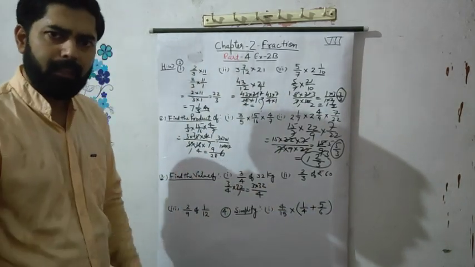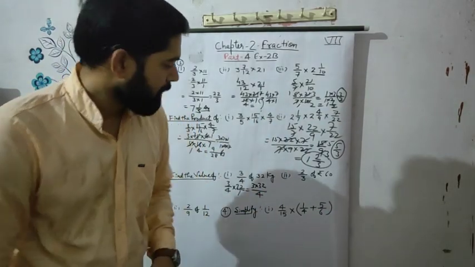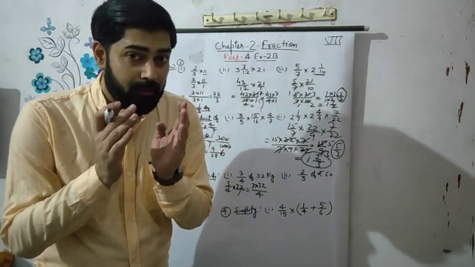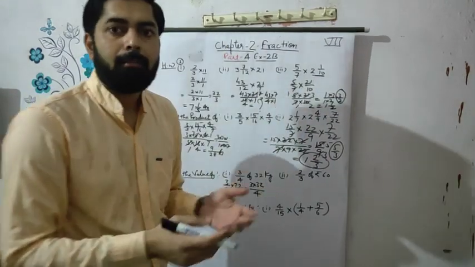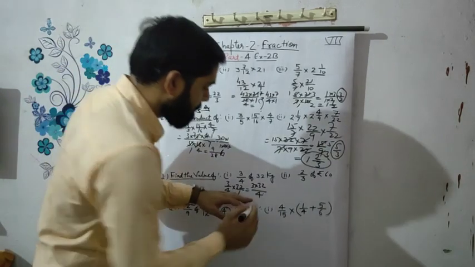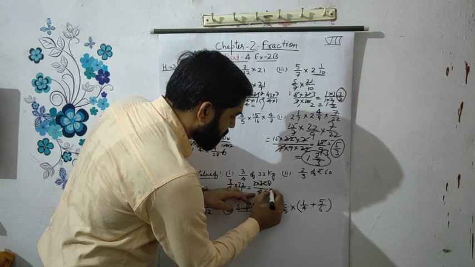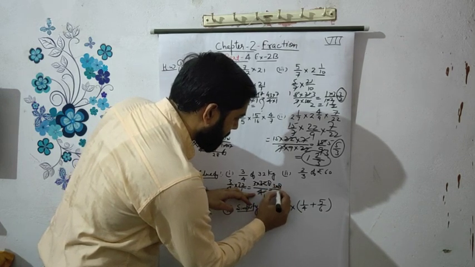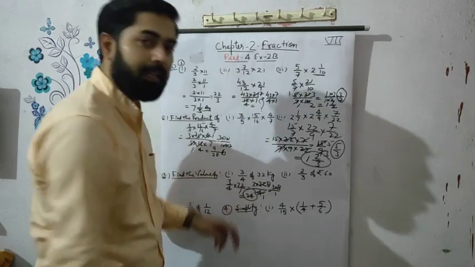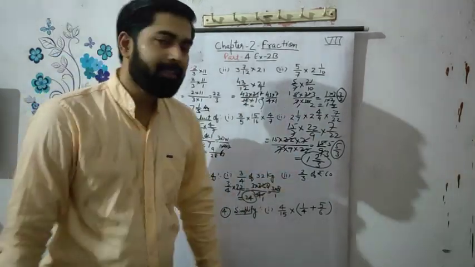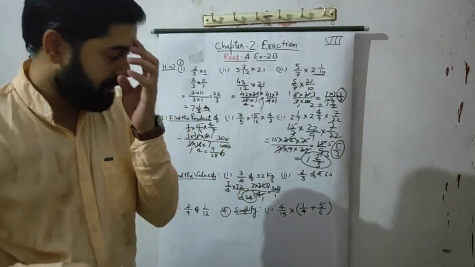Okay. Then 32 and 4 are divisible. Yes. 32 and 4 are divisible by which number? By, yes, 4. Good. Then 4 1s are 4, 4 8s are 32. So what's left here? 3 multiplied by 8 upon 1. We can write 24. Answer will be 24. Now next question is 2 upon 3 of rupees 60.